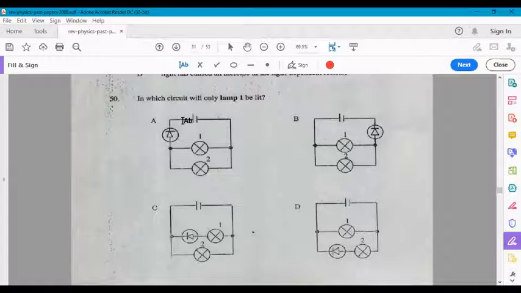And in order for current to get to lamp 1 or 2, if there's a diode in its path, it has to be in the same direction as the current. So remember, we take the direction of current from positive to negative. So that means it's going to go in this direction